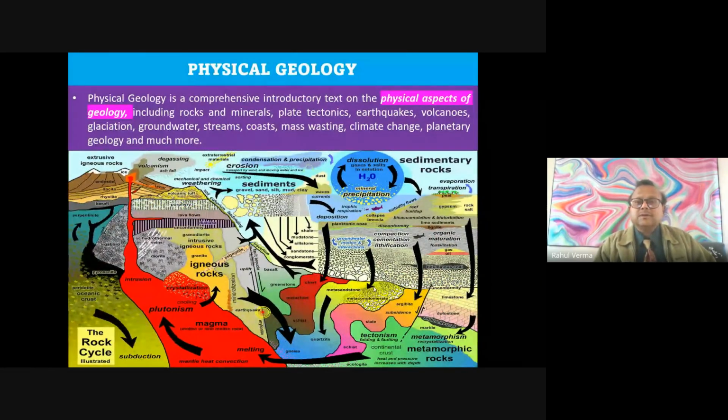Now, the first unit that is taught in geology is physical geology. It's just the physical aspect of geology: whatever you see externally and how they are formed, like mountains, rivers, glaciers, volcanoes, streams, and any structure, desert, sand dunes, anything. They have a typical process of formation. If I try to explain all those things, the lecture will go on for many hours, so let us just focus on the brief.